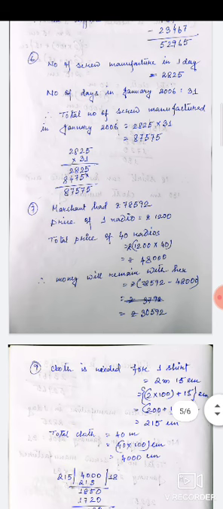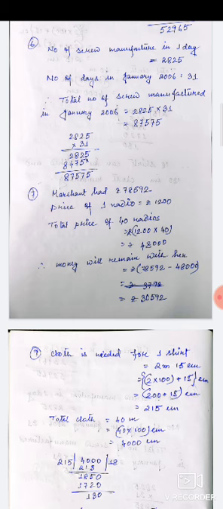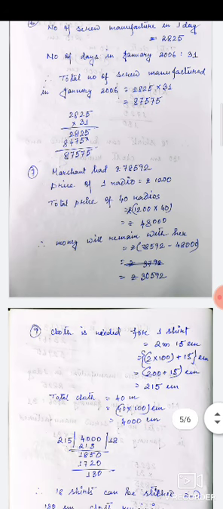So on the side we multiply the numbers 2825 into 31. 1 5 is 5, 1 2 is 2, 1 8 is 8, 1 2 is 2. Then we put a cross for the unit place, and we multiply the number by 3. So 3 5s are 15, carry 1, 3 2s are 6 plus 1, 7, 3 8s are 24, carry 2, 3 2s are 6 plus 2, 8. Now we add: 5, 5 plus 2, 7, 8 plus 7, 15, carry 1, 4 plus 2, 6 plus 1, 7, 8. Okay, so 87575 is the total number of screws.